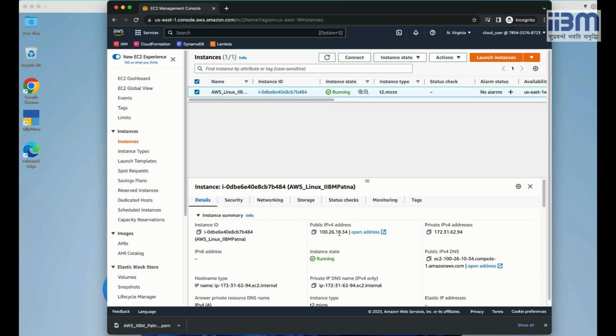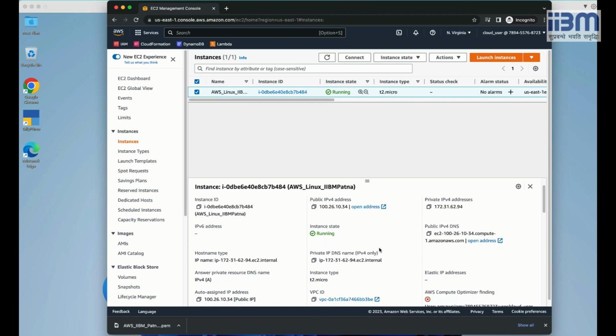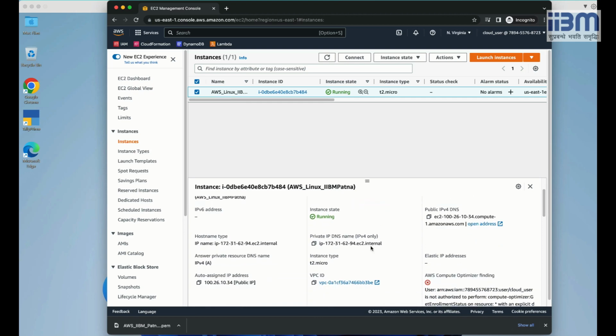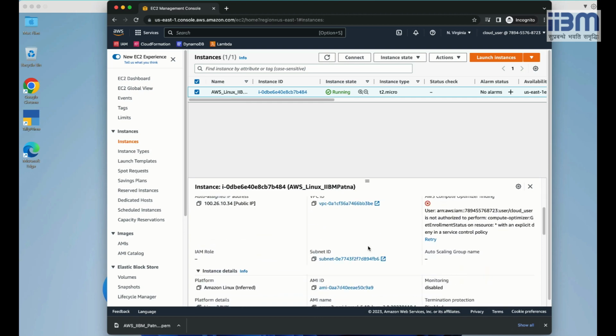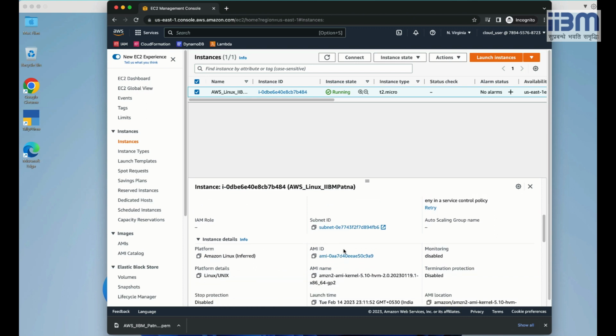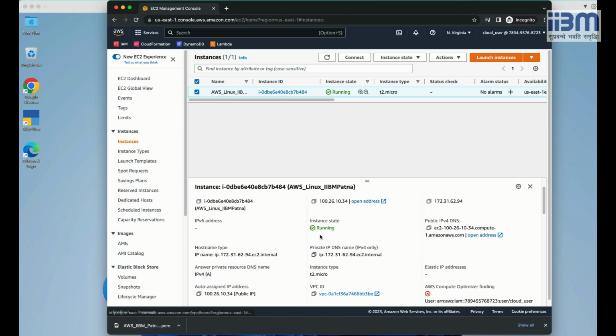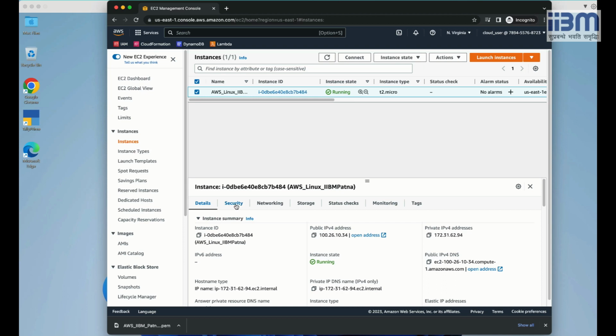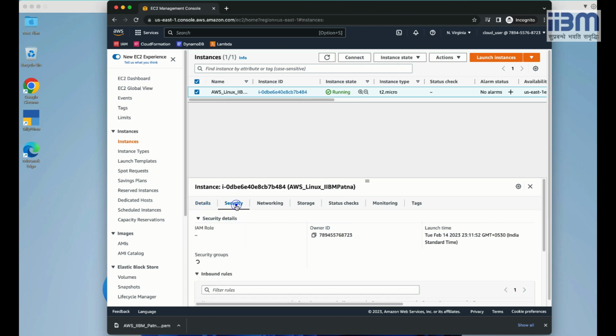It has got a public IP address. The state says running. This is the private IP address of this AWS EC2 instance. Then we have private IP DNS also. And there are a lot of details which are quite relevant when you use AWS at large scale. Right now, we just wanted to have a look at